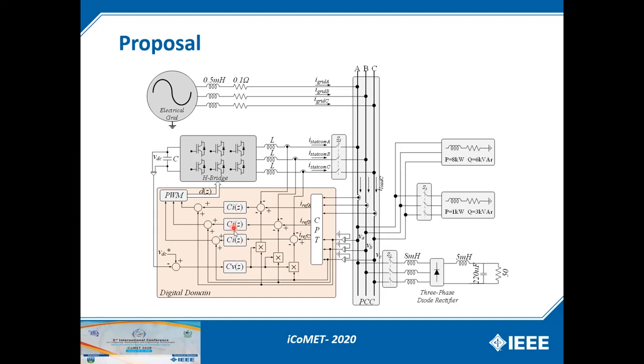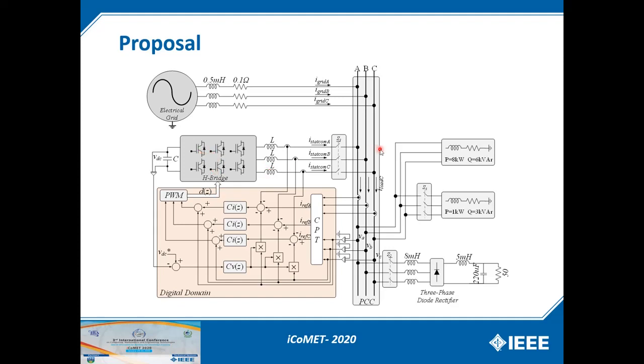We have one controller for each phase, which is running in ABC reference frame. And again, this controller must be more sophisticated. We have also here the voltage control of the DC link. And we also have here a feed-forward path considering the voltage of the PCC in order to make it easier to control the output current. After computing everything, the PWM is generated, and also we have here the signal sent to the switches of the